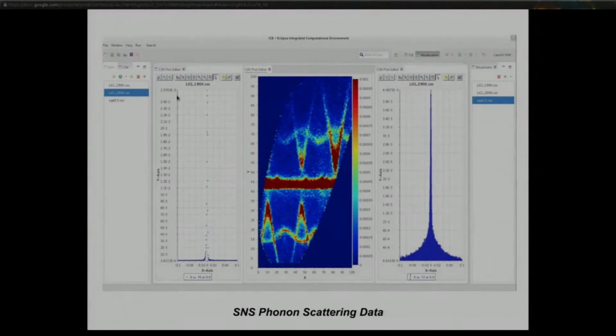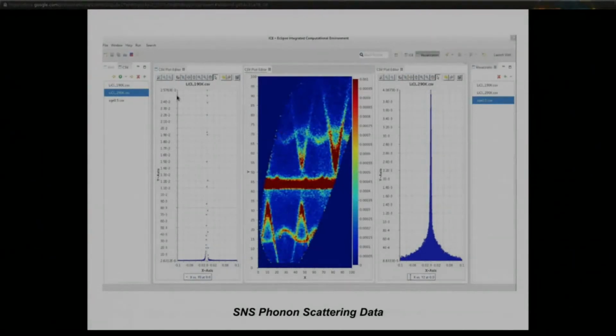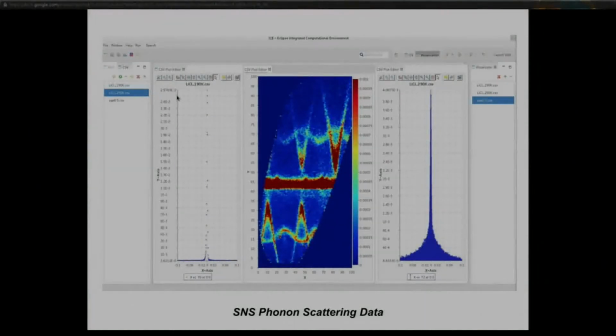This one is really cool. This is some SNS phonon scattering data, and we had two summer students, Matt Wang on my team and Claire Saunders at the SNS, who looked at the platform and said they really wanted to extend it to have a plotting engine that just deals with CSV files and makes it really easy to do things.